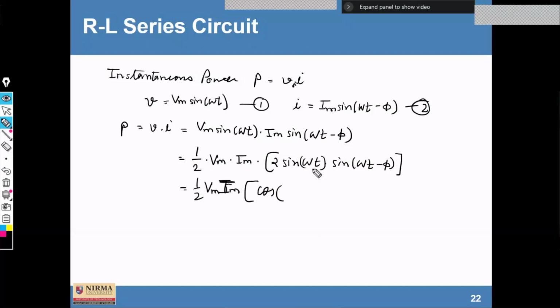We have discussed Vrms, that is Vm by root 2. The RMS value is Vm by root 2 or 0.707 times Vm. Similarly, Im by root 2 is Irms, because Irms is also Im by root 2, into cos phi. So the power consumed by the RL circuit